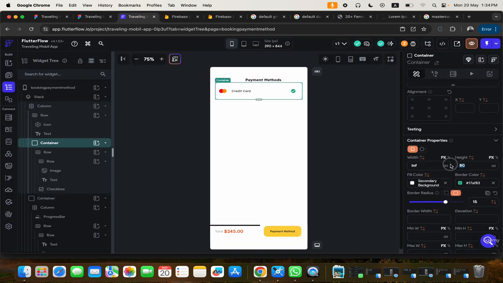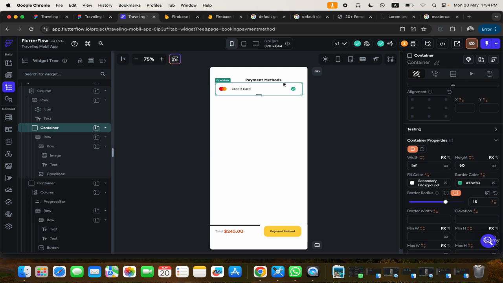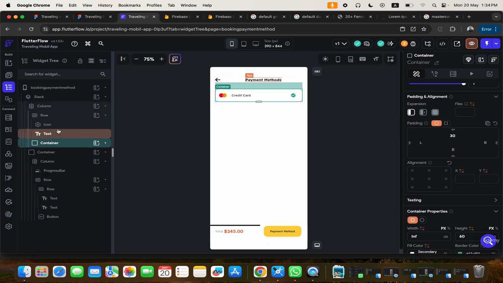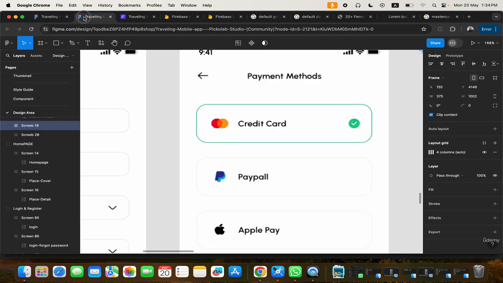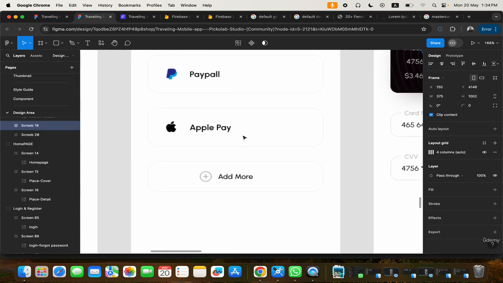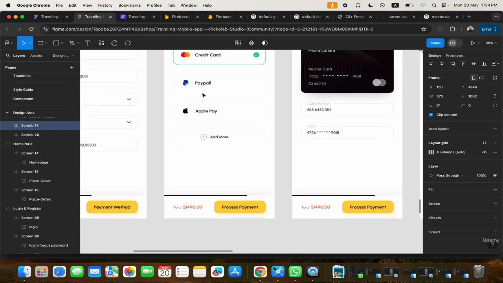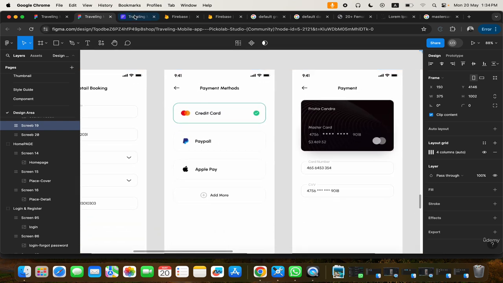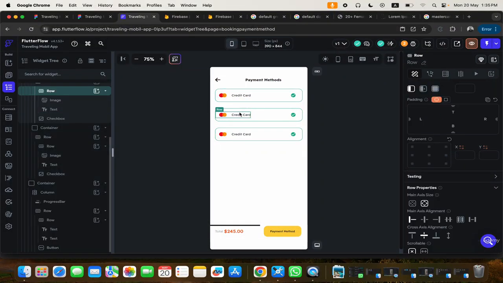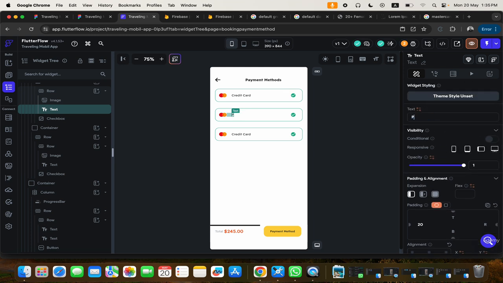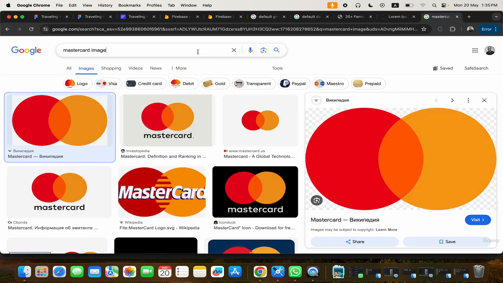So here was 80. I think I could just make it 60, right? So I'm going to go ahead and give it some padding on the top, 30, and then I'm going to, you know, duplicate it, and again, I think, yeah. So this is gonna be PayPal, and I don't know what happens when the user clicks on add more. There's no design for that, so let's just leave it like this. We will, you know, change this later. So let's call this PayPal. And let's say PayPal